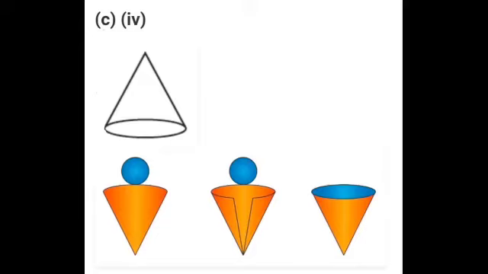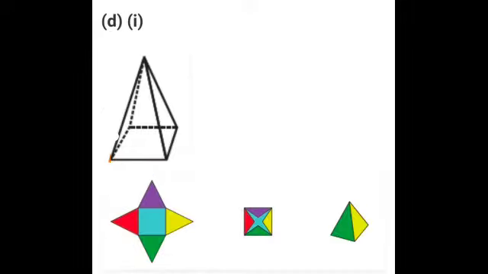Now the next one, that is cone. You will get such a cone by folding the net number 4. See, this is how it forms a cone. Now the last one, how to get such a pyramid with a square base. It matches with the net number 1. When you fold such a net, you will observe the pyramid.